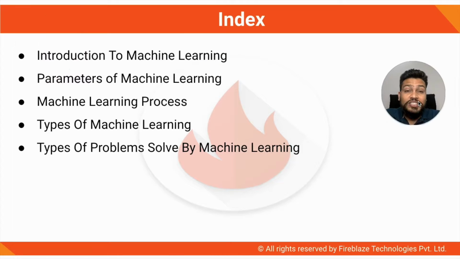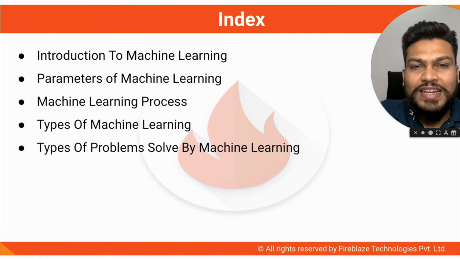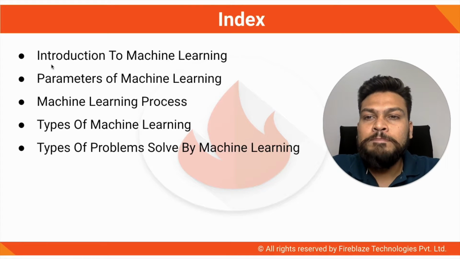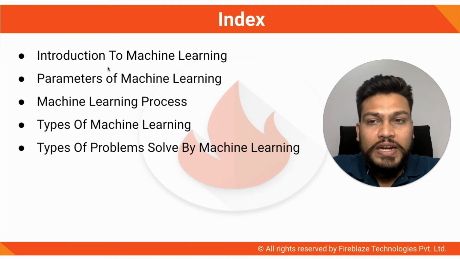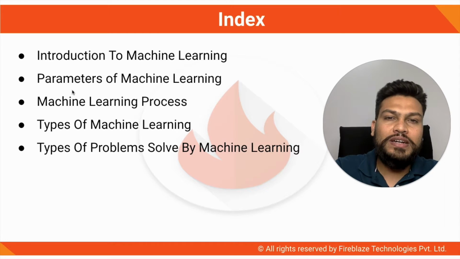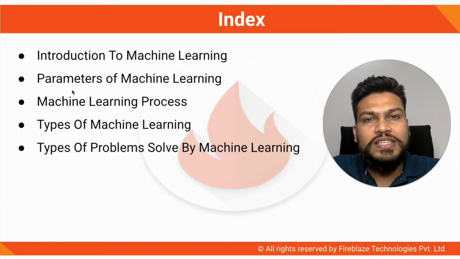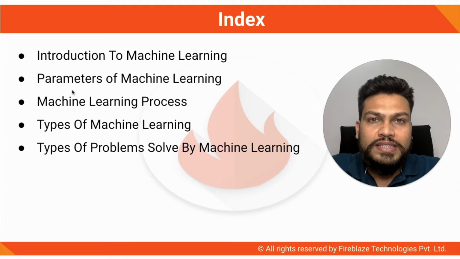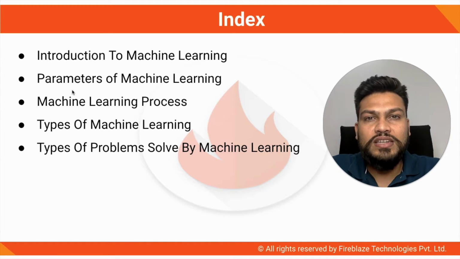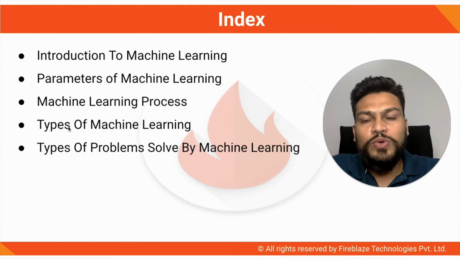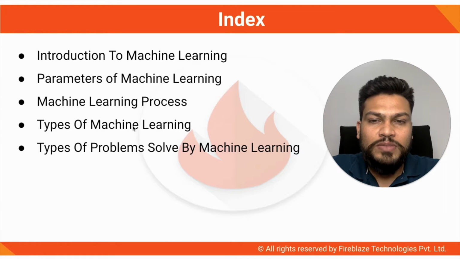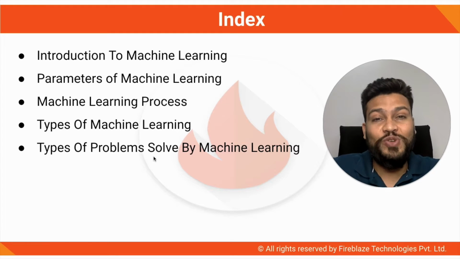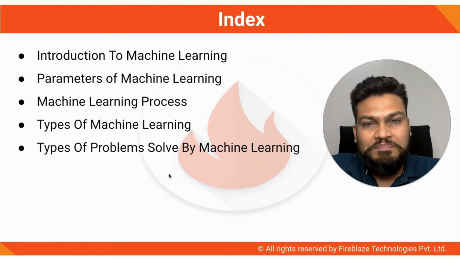Now, the basic agenda, if we try to discuss what exactly we are trying to do over here, is that we'll hover over the topic of what is machine learning. That is the introduction to all of it. We'll try to understand what the parameters or key terms are which we utilize in machine learning, what exactly we do in machine learning, and how things work. Then we'll try to understand the processes around it. We'll explore the types of machine learning algorithms and the different types of problems which we can solve with them.